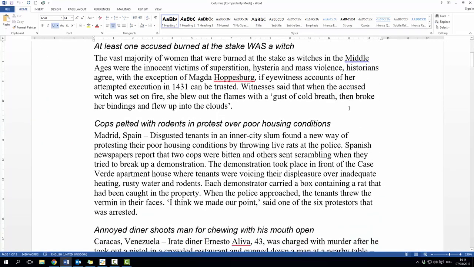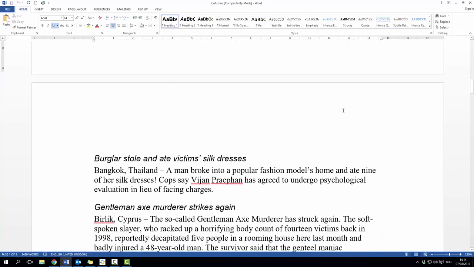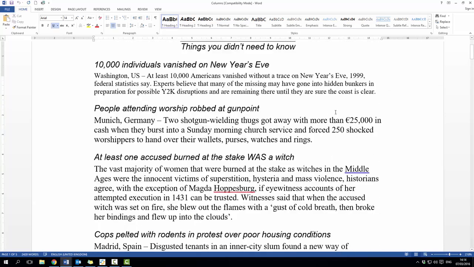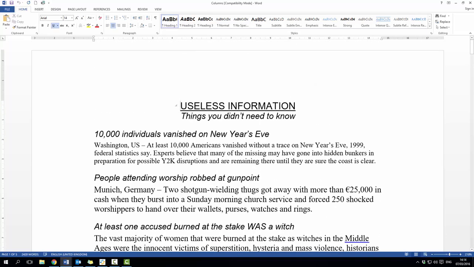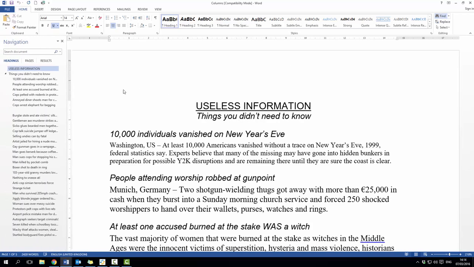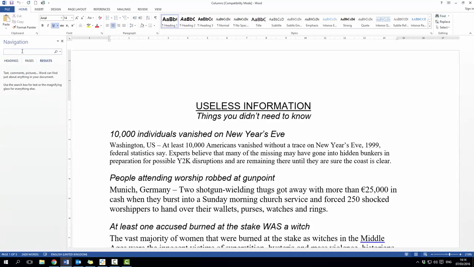So you can see it's just a document here with different paragraphs in it. There's 6 pages to it, or 5 pages. So what I'm going to do is, on the Home tab, over on the right hand side we have an option for Find. Now we don't want to have to search through a document of this size, so we can use the Find button. Once we click on it, you'll see it'll open up the navigation pane, and it's the results section of it. It gives us a search bar, and if we type in here Spain,